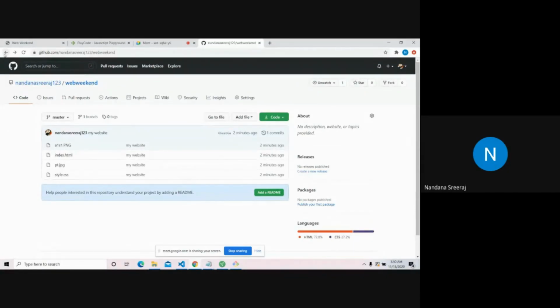Still, you can just clone the repo. For cloning the repo again, imagine that my computer broke, so I need to create a local copy. Here you see this green button, right? Code. Here you'll get the link that you saw before. Git clone this thing, and we'll get the local copy in your local system. So you can use this from anywhere, on any person's laptop, on any device. This is one of the most important things of GitHub.